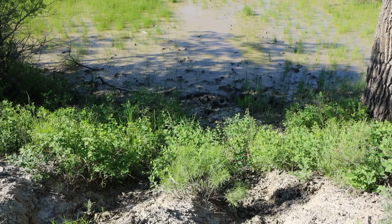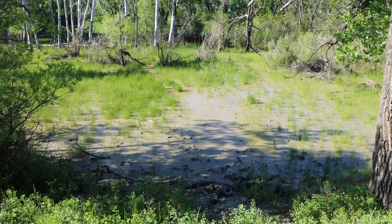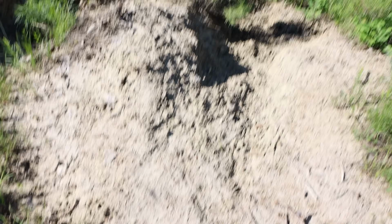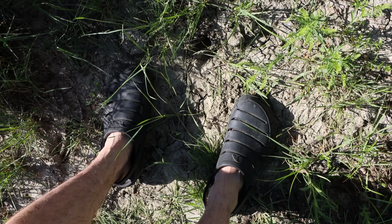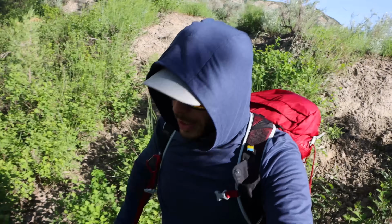Well, I'm about 3.5 miles into the hike, and I've reached a point that's a little bit of an obstacle, and it's this muddy, stinking quagmire right here. I have to walk through this. Luckily, I packed my Walmart Crocs with me. I actually brought them for another purpose that I'll get to pretty quick here,